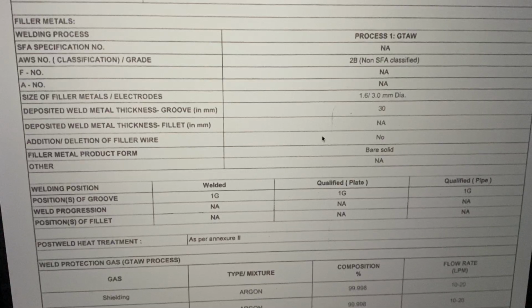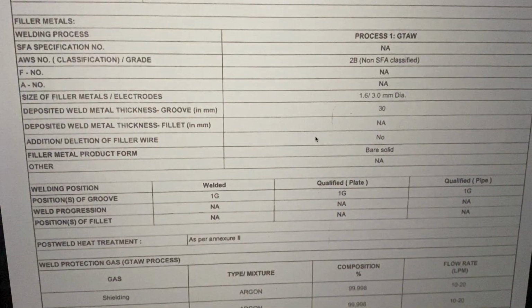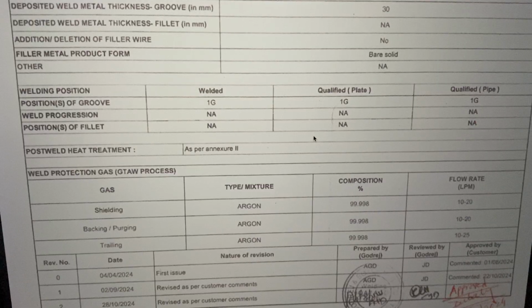Filler metal product form, how the filler wire has been used, whether it is coated, bare, flux core, does it have any synthetic additions of the alloying elements. All that is required to be listed down here, and don't go only by the electrode specification E7018 or E308L. See to it that you write down what is the composition of the bare wire and are there any